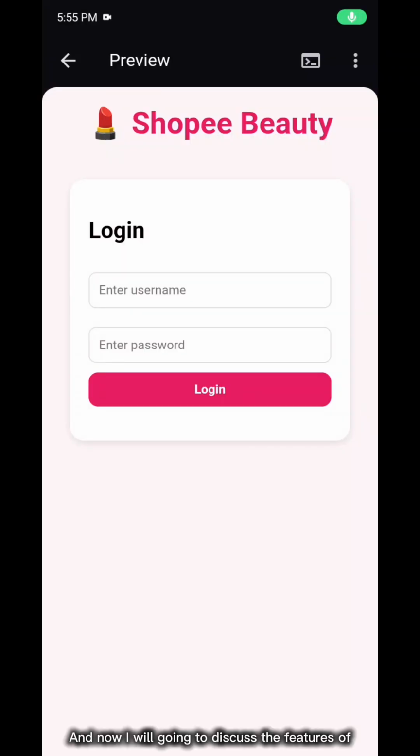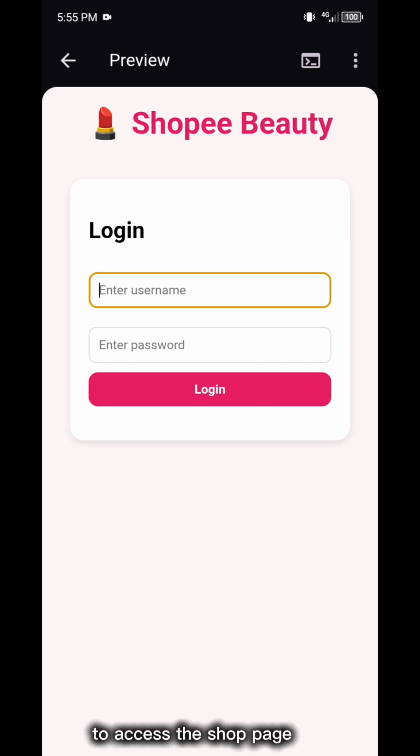And now I am going to discuss the features of Shopee Beauty Shop. The first is the login and logout system. The first screen users see is the login page. Users must enter a username and password to access the shop page.